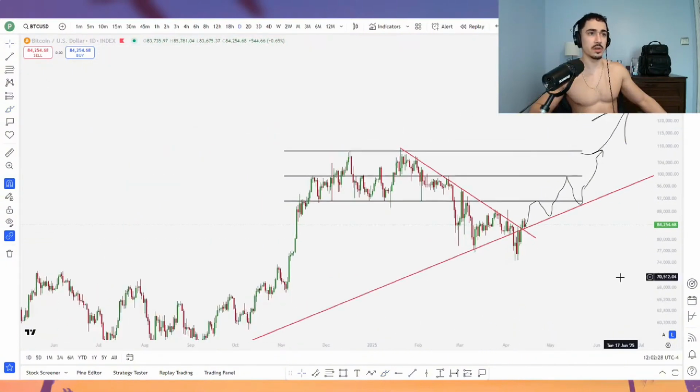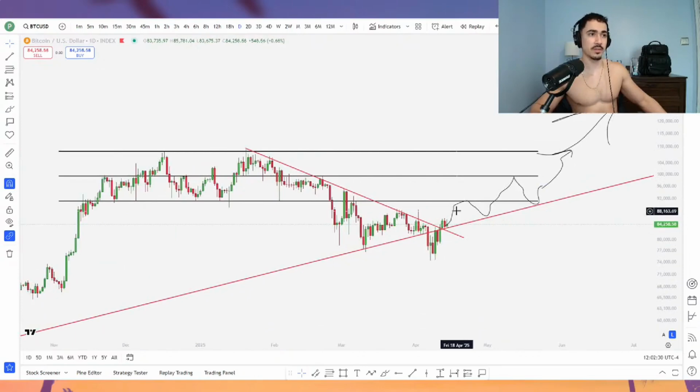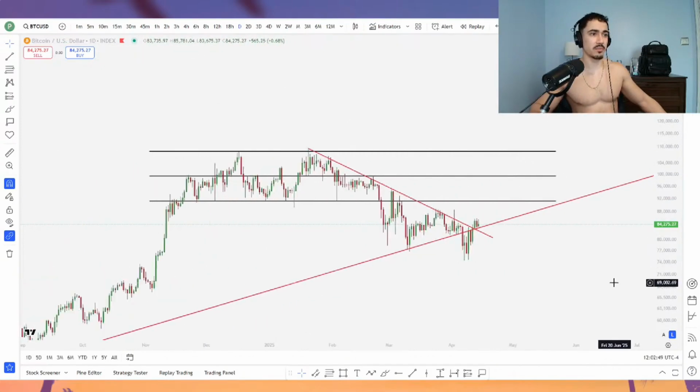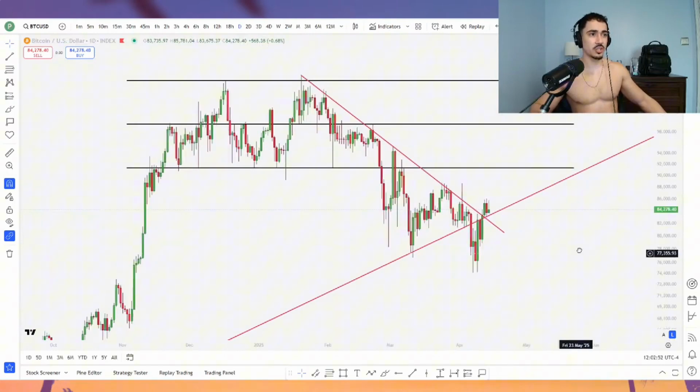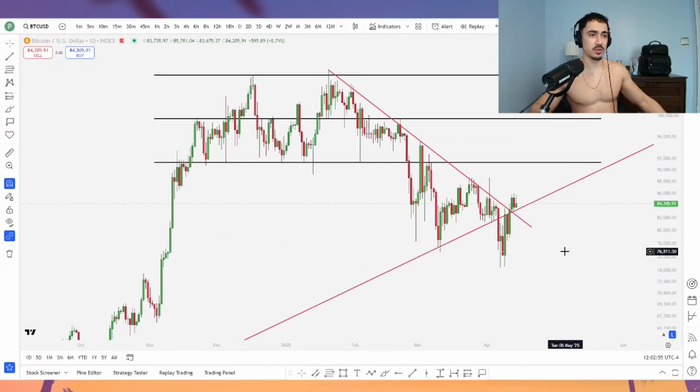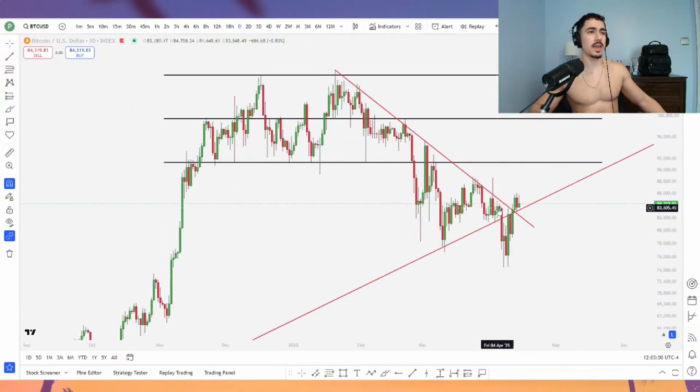Okay, so those are your 3 scenarios that I'm looking for. Right now, locally bullish at the very least to this bottom, this bearish underside retest of the macro range up top. If we reclaim this range, then I expect at least range highs. So that's our path back to all-time highs on Bitcoin. Okay? Questions? Put it in the chat. That's what we're looking at. Pretty simple. Okay? My invalidations for being bullish are going to be you lose this trend line again. If you lose this bull market trend line, I turn bearish again. And if you reject off of this range, come back down here and then lose it over here, bearish again.